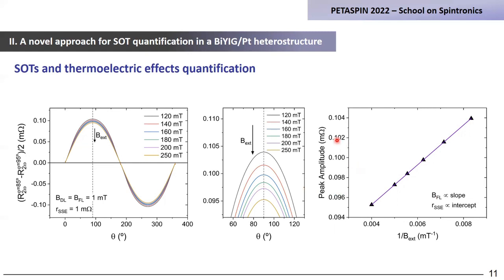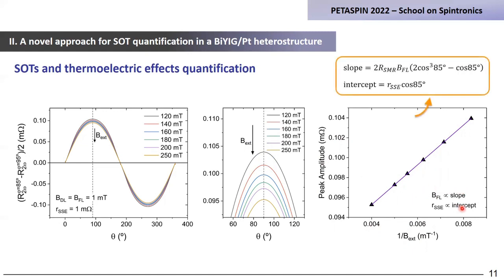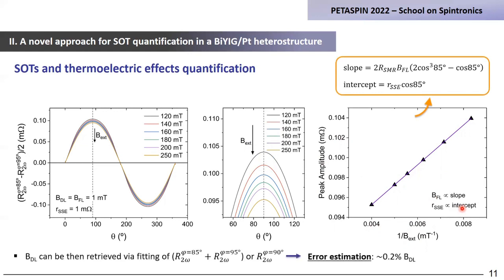So if we plot the peak amplitude registered here at theta equals 90 degrees as a function of the inverse of the external field, we get a linear trend. From the corresponding slope, we can then determine the field-like torque, whereas from the intercept, we can determine the spin-Seebeck effect coefficient. At this stage, if we know the field-like and the spin-Seebeck effect components, we can now calculate